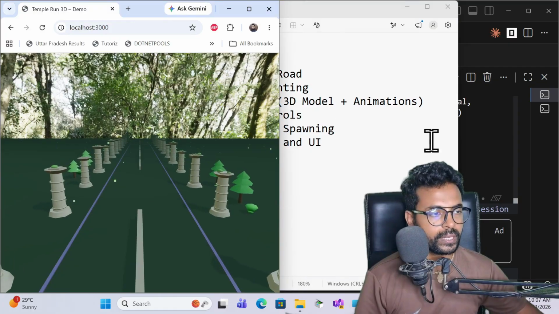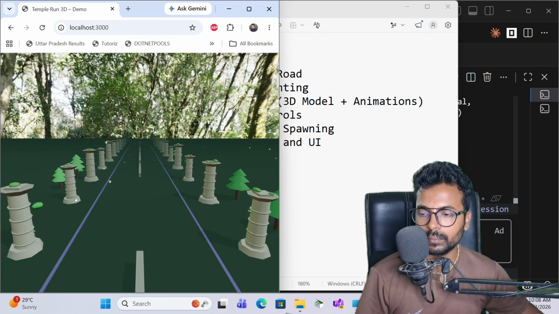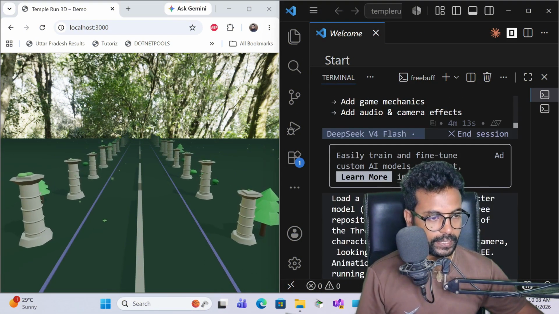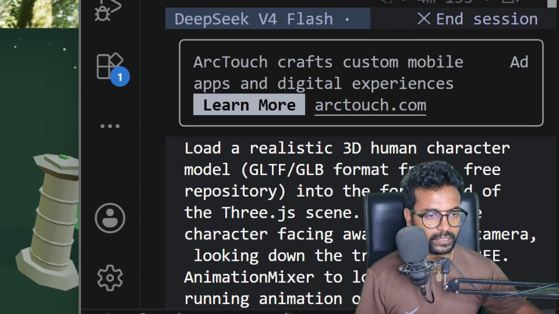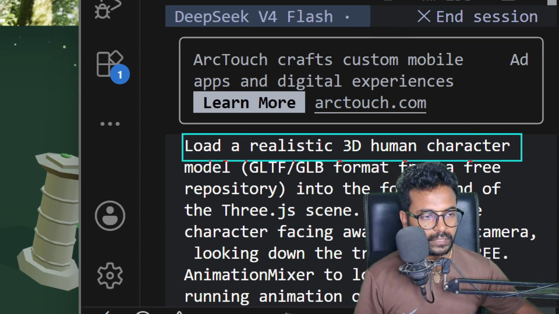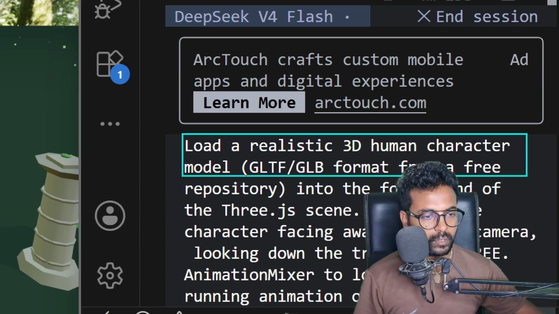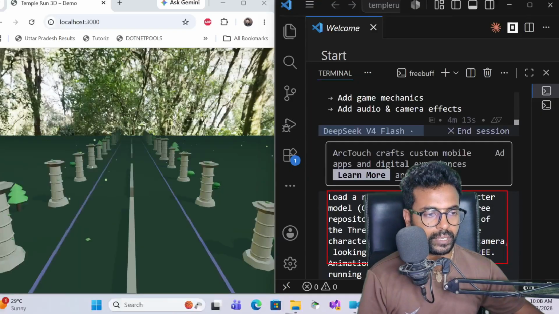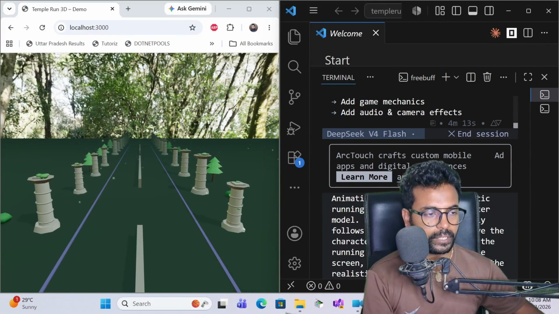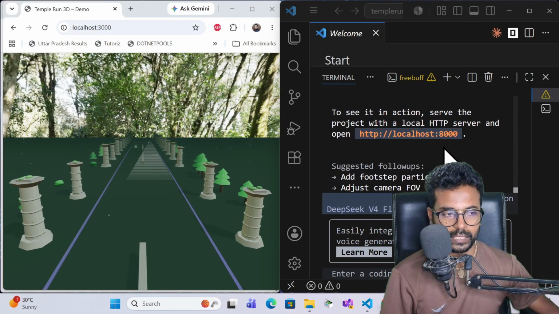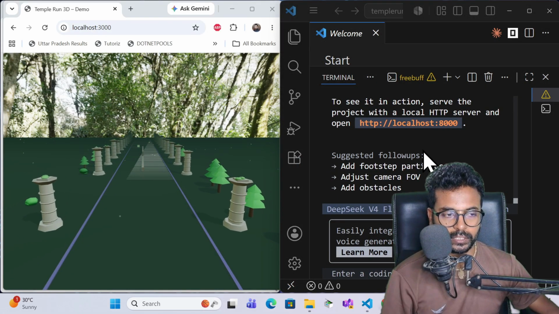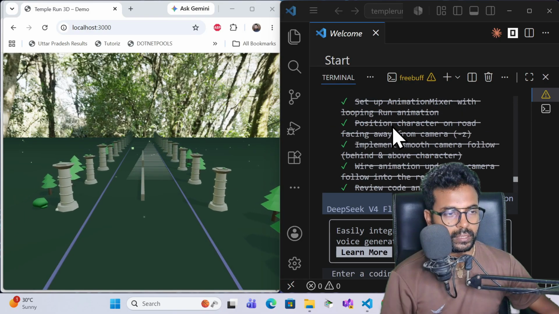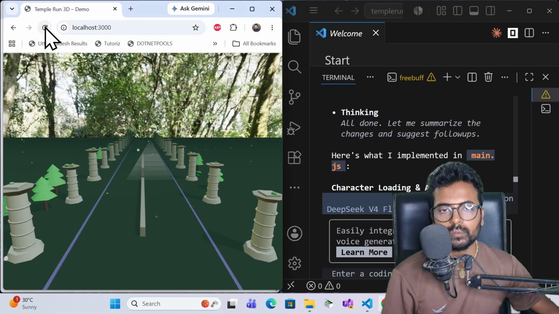Okay, so for that, I have already prompted it, so let me take that. Go back to here, and this is my prompt, or actually my requirement: load a realistic 3D human character model into the foreground Three.js scene, and position the character. Okay, that is fine, and this is a simple requirement, so simply hit enter. I can see they just completed it along with their suggestion, so let's leave that suggestion. All those steps got completed, and once I refresh,